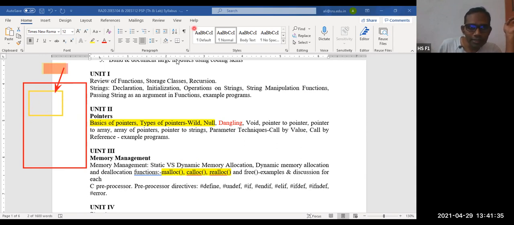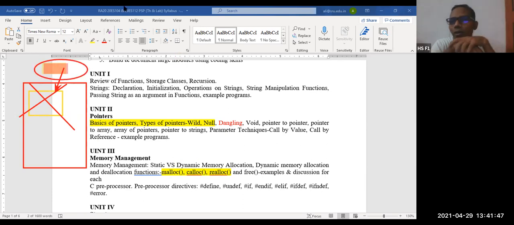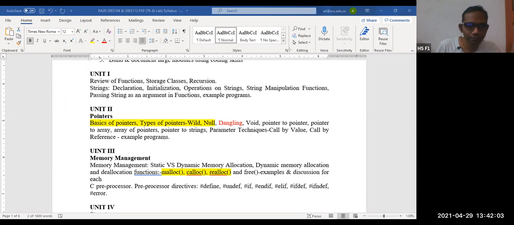If this dynamic memory is destroyed, then the leftover pointer is called a dangling pointer. We will study this concept in our next unit. The rest of the unit we are going to cover today, and if possible, we will see programs. In the next lab also, we are going to work on programs related to pointers.